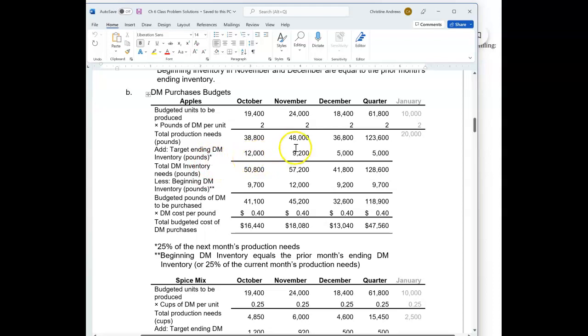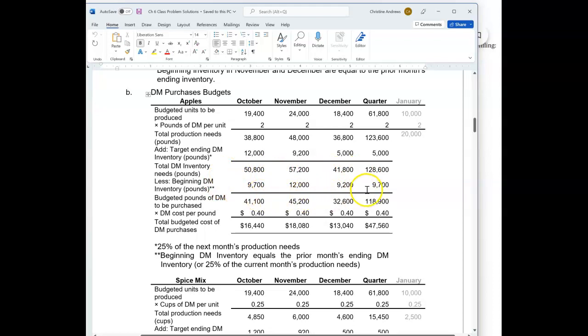Our target ending inventory is 25% of the next month. So here's our production needs for November. 48,000 times 25% is 12,000. 36,800 times 25% is 9,200. And then the 20,000 from January times 25%, sorry, would be 5,000. So that gives us our total direct material inventory needs in pounds, and then we can